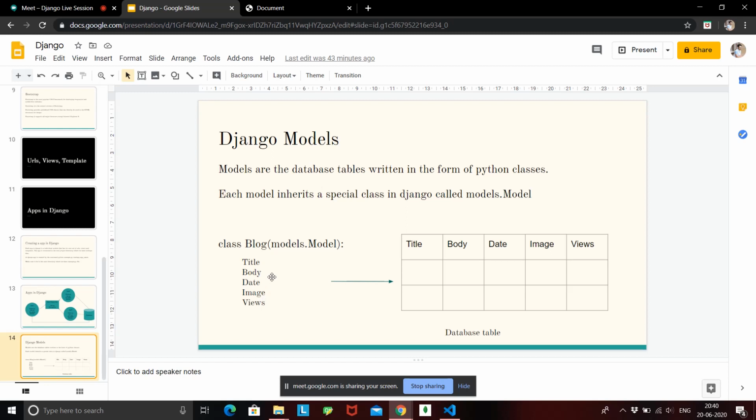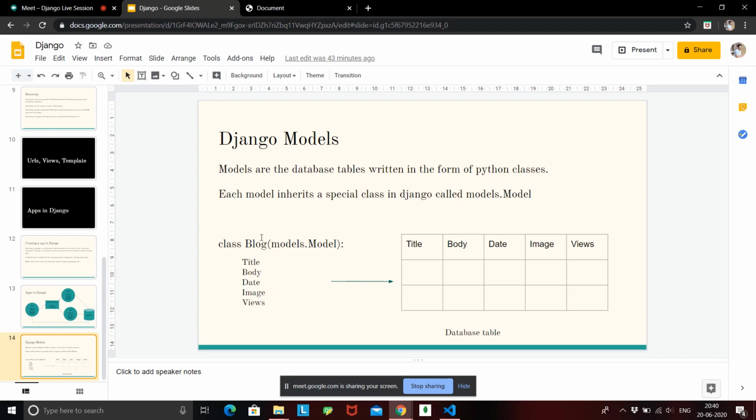Okay, and at the backend, Django will convert this class into a table inside a database, and that table will have these columns that we write as attributes of the class. I imagine that class and database are both very new concepts to you guys, but a class basically contains some attributes and some functions. It is like a complete package itself. It will have some attributes, meaning just values and variables.